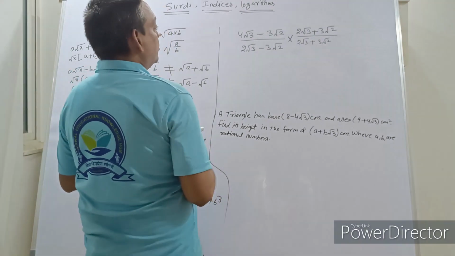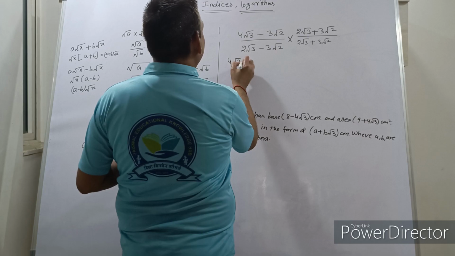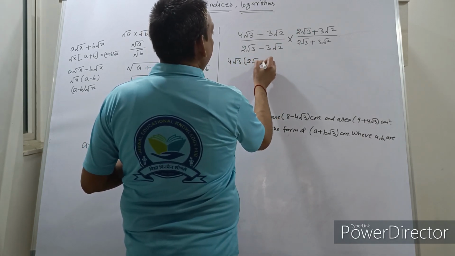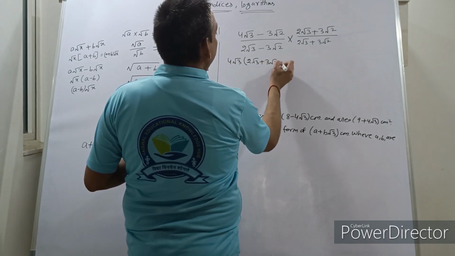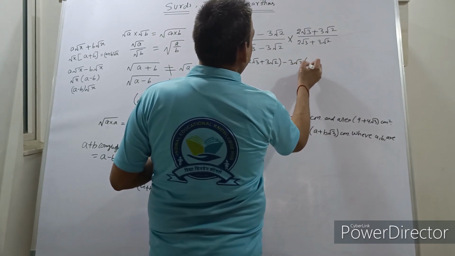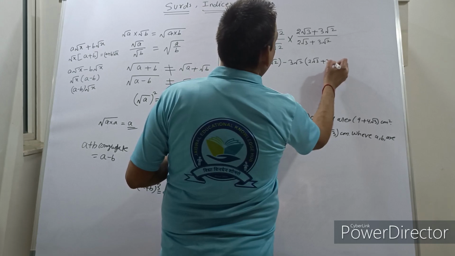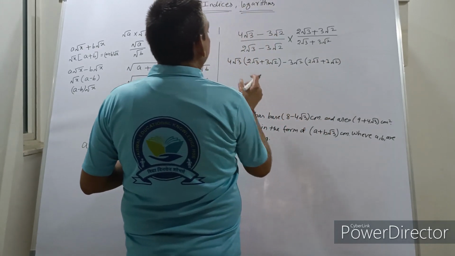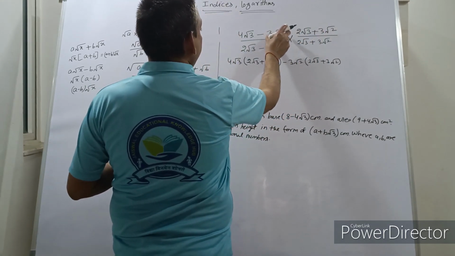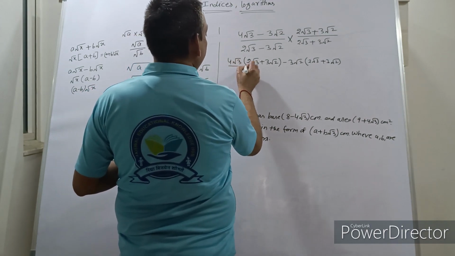Okay, so now the numerator will be 4 root 3 multiplied by (2 root 3 plus 3 root 2), minus 3 root 2 multiplied by (2 root 3 plus 3 root 2). Clear? The first term multiplied by the second bracket, then the second term multiplied by the second bracket. Okay, and the denominator is